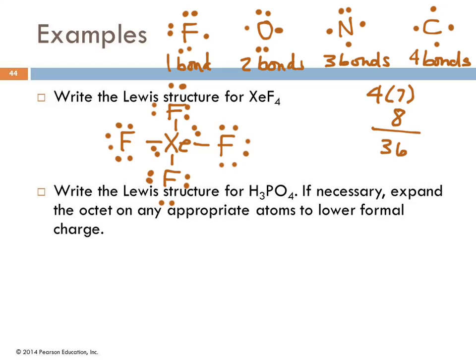Sulfur has 6 valence electrons. It has 2 unpaired valence electrons. It tends to form 2 bonds. Now, we just saw in the previous slide that sometimes it forms more. And it can do that by expanding its octet. But these are kind of general trends, and recognizing this can help you when you're trying to put those skeletal